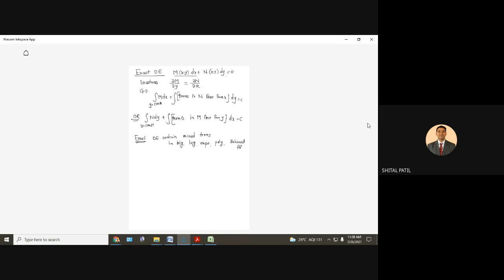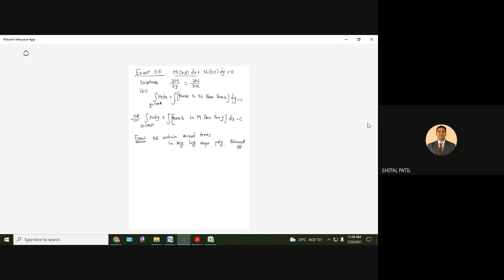So यदि कोई differential equation है कि जिसमें एक से ज्यादा functions, not all, every time it is not possible that all terms are there, but maybe a mixture of 3-4 different types will be there in the differential equation. If it is so, then the differential equation may be exact, then we have to check the exactness, and if it is exact, then you have to solve by the exact differential method.